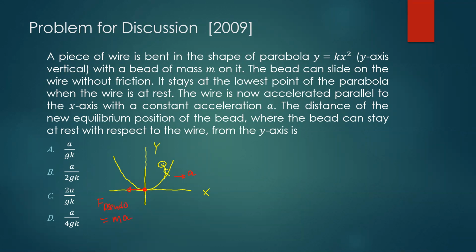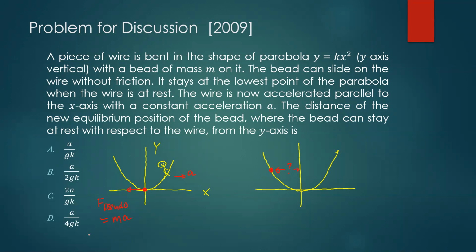Then what will happen with respect to this observer standing on the wire? The bead will move to the left. But as it climbs up, you have gravitational force also. So now there are two forces acting on the bead. Even here, the gravitational force is acting, but the normal force will balance it. So now if I take a look at the picture when the bead moves a little to the left, let's say the bead goes to this position, here. So it is able to stay there, suppose. And then we are asked to find this distance from the y-axis.